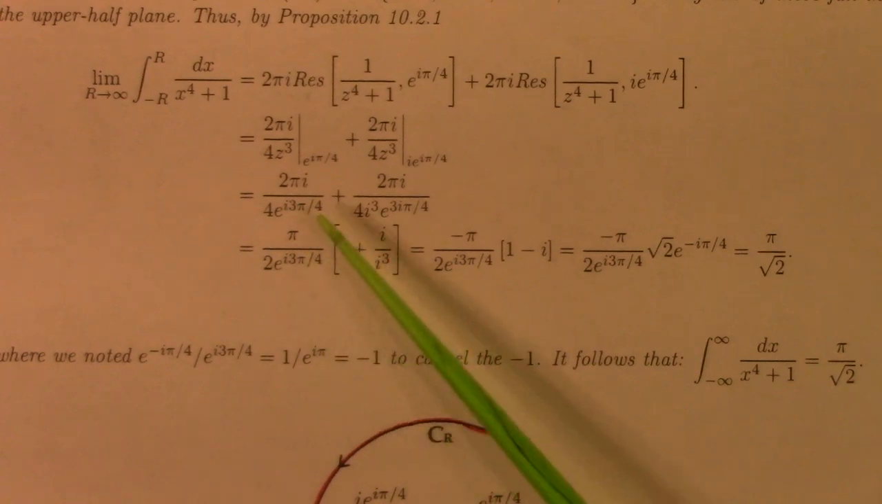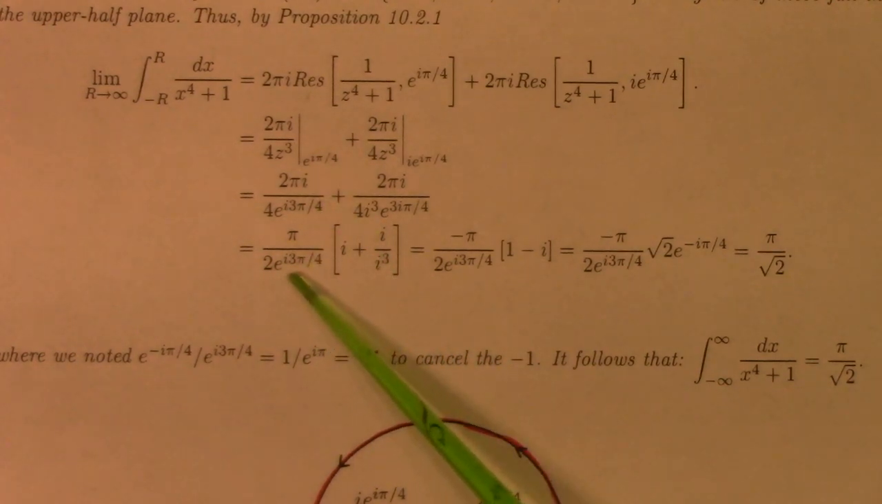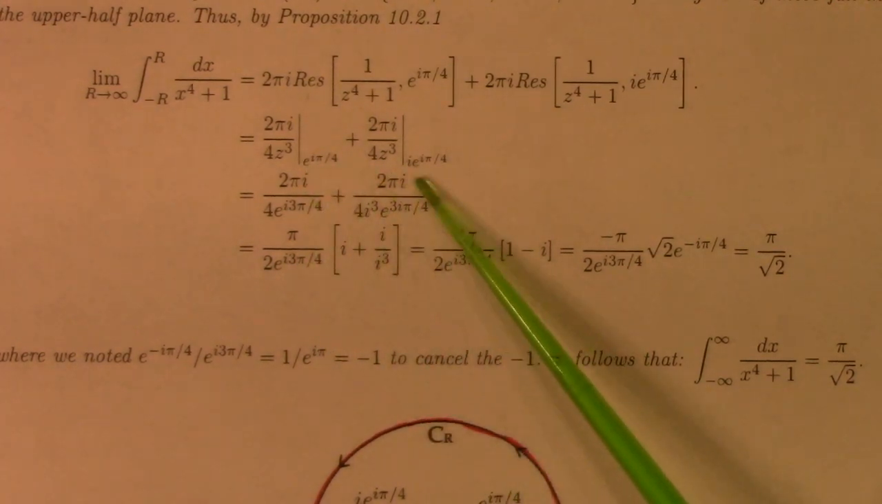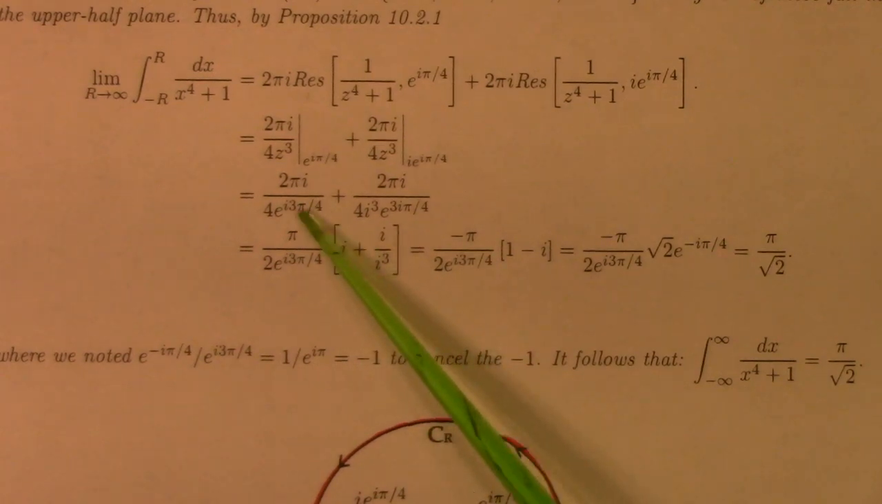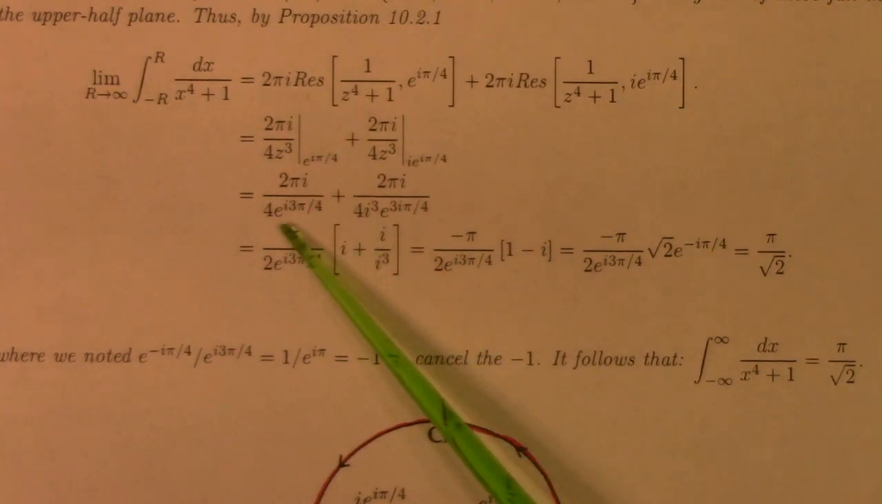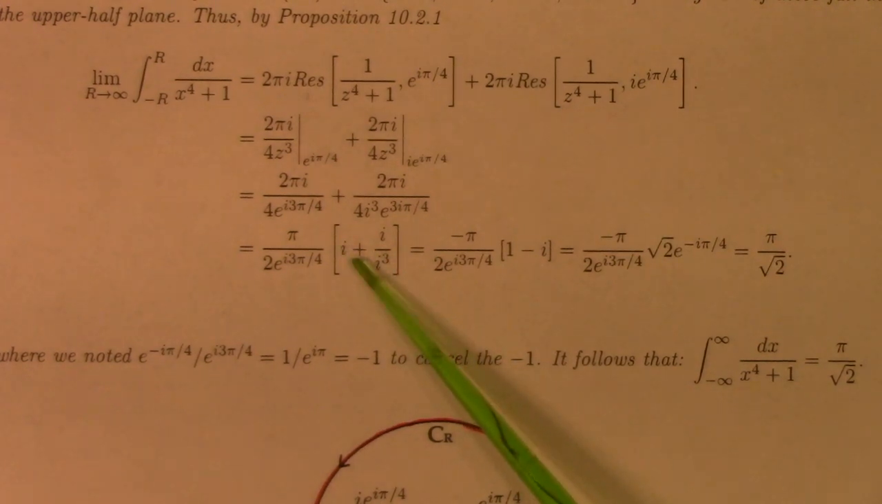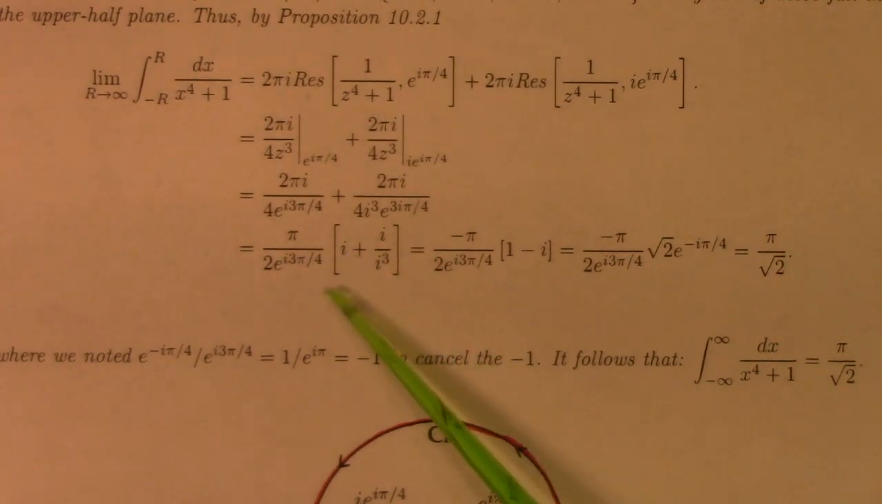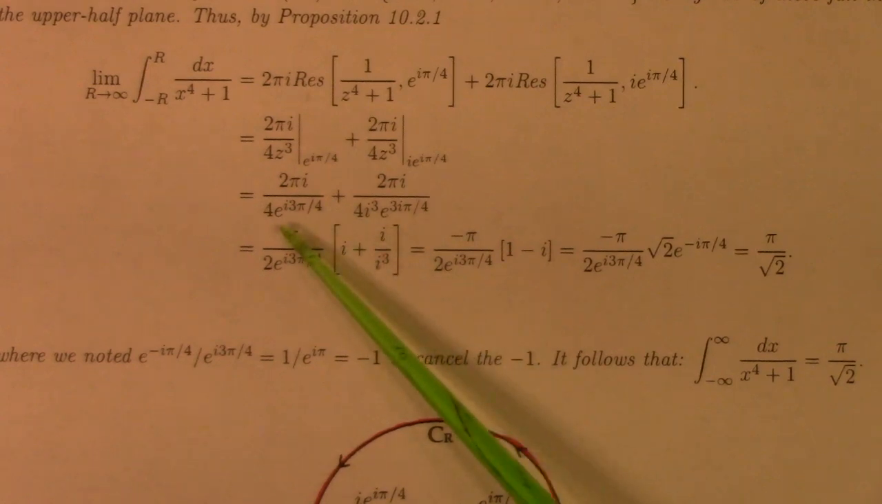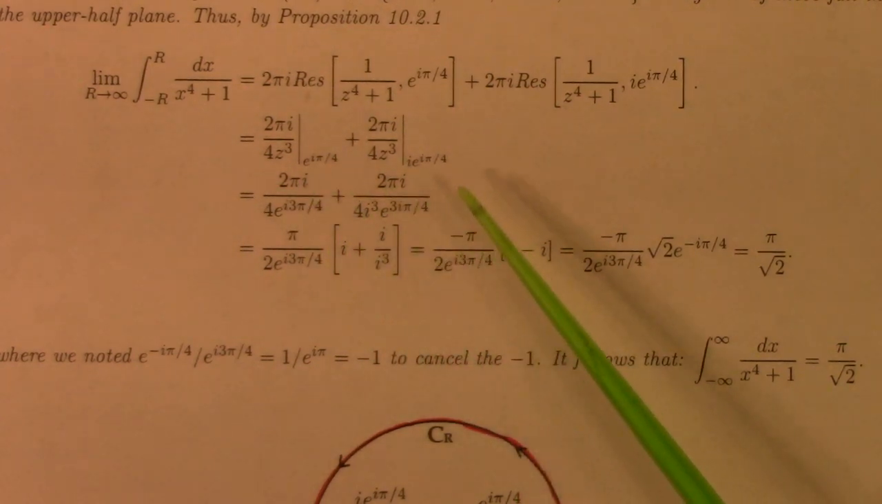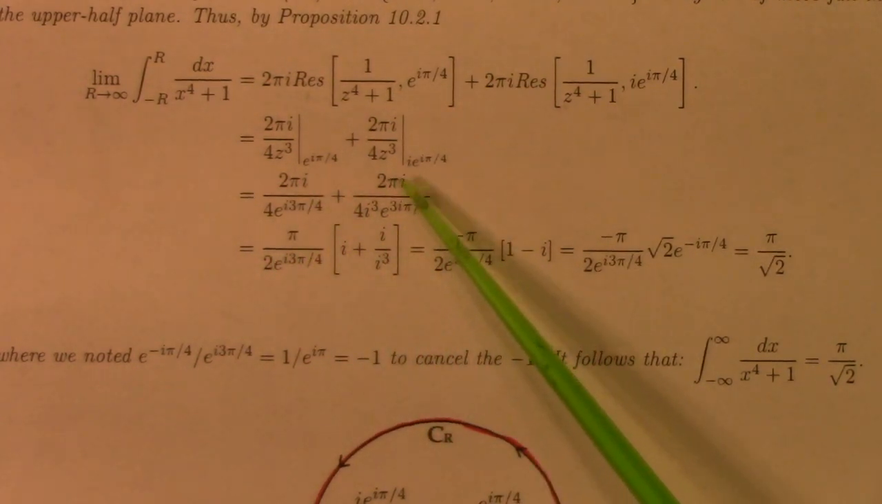Okay, so pi over 2 e to the 3 pi i over 4, so that's common to both of these. And it leaves me with an i on the first one, is that right? How did I get an i? Where did that i come from? Oh, the 2 pi i, duh. And then the 2 pi i is there, and i cubed. Okay, so that's really,